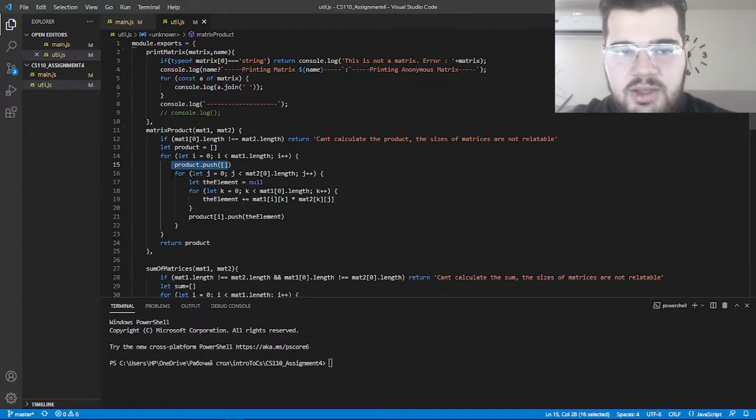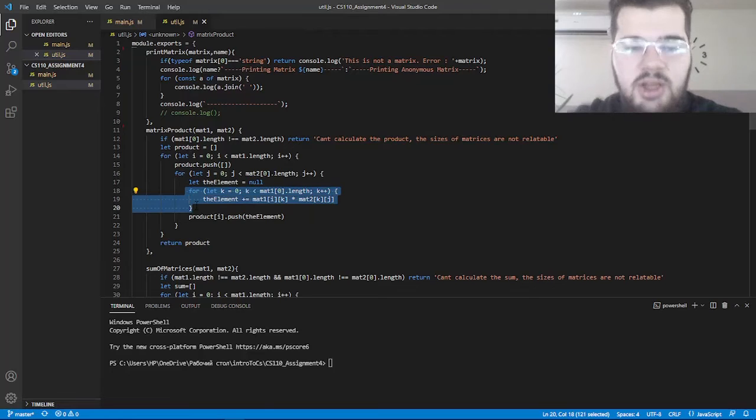And then after every array push, it iterates over the length of the second matrix, which is also the length of the product. It creates a new element, which is null yet, and